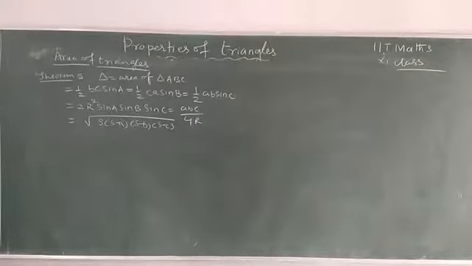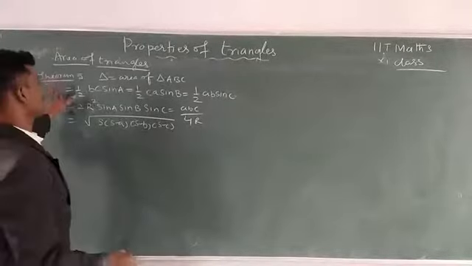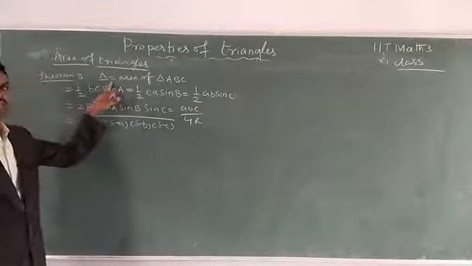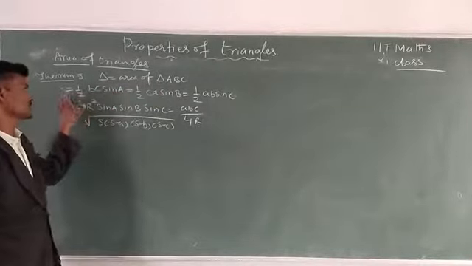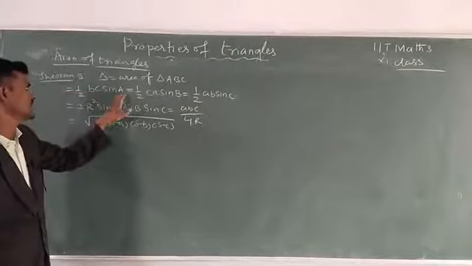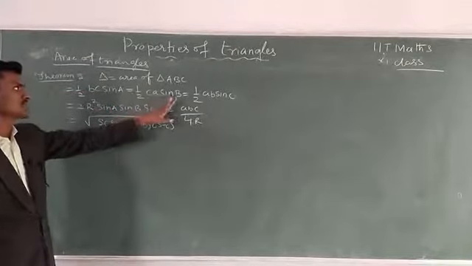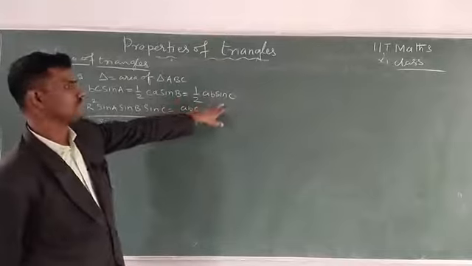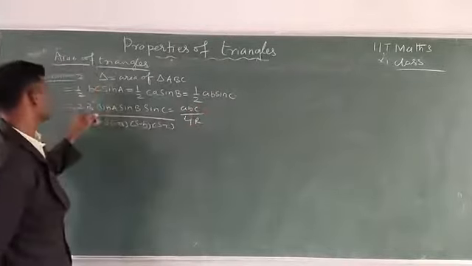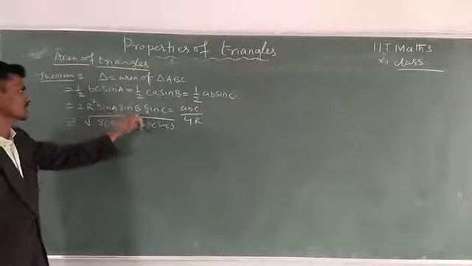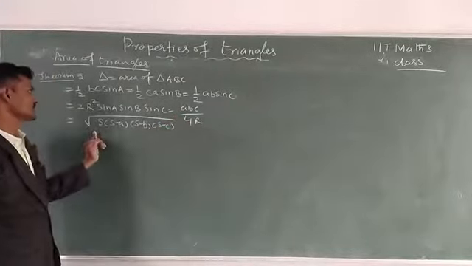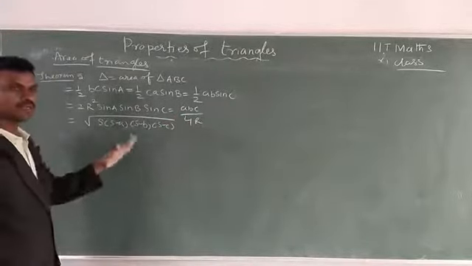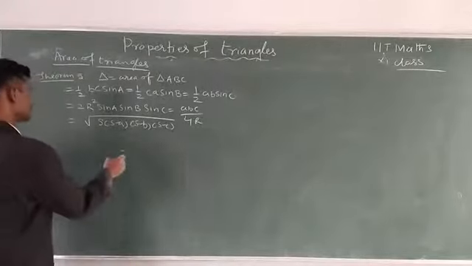Now we have to discuss area of the triangles. Here, theorem number 5. Area of the triangle is represented by delta. Area of the triangle ABC is equal to half into BC into sin A, is equal to half into CA into sin B, is equal to half into AB into sin C. This is one theorem. And here 2R square into sin A sin B sin C is equal to ABC by 4R. And the next one, all are the same but it depends upon the problem only. Now see here, the first one.